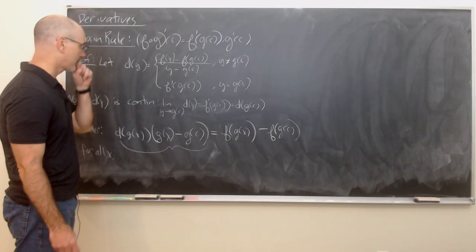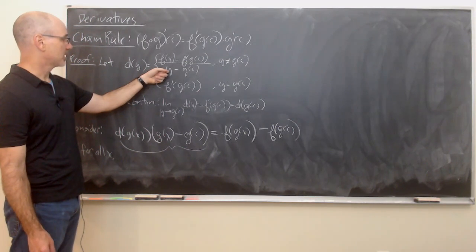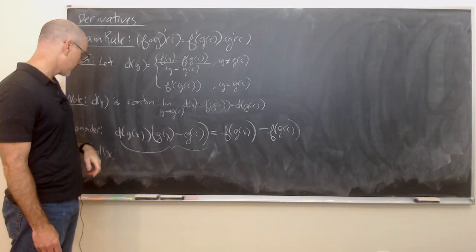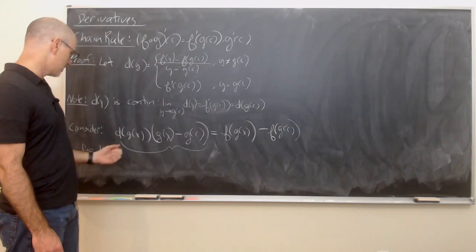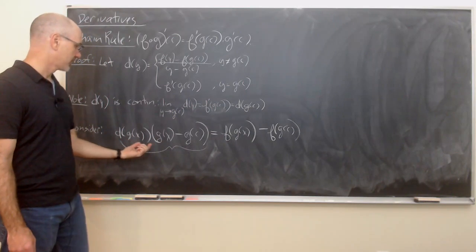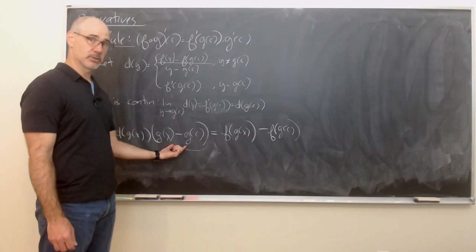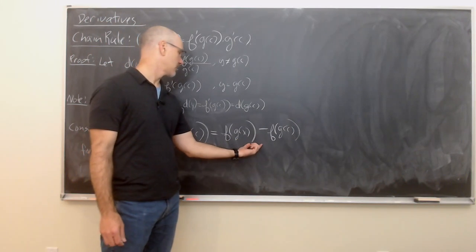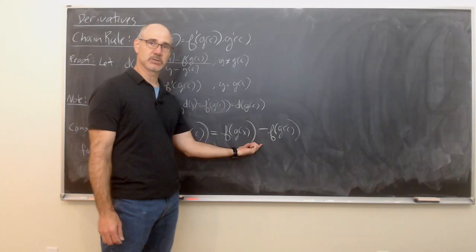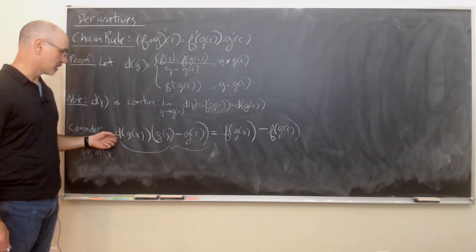And the only thing to check is that this still works even at the point where y is g of c. Well, if y is g of c, I get d of g of c here, g of c minus g of c, which gives me 0 on the left, and then f of g of c minus f of g of c is also 0 on the right. So this holds for all x,